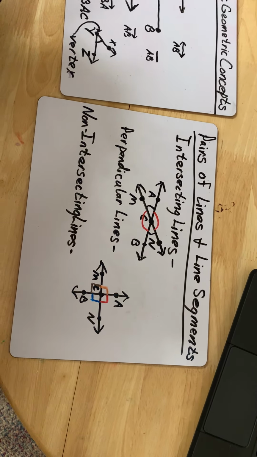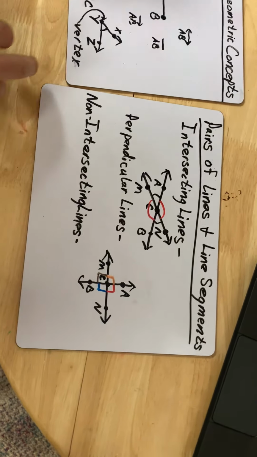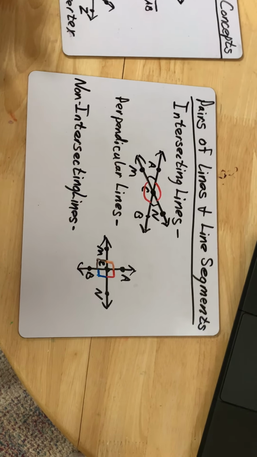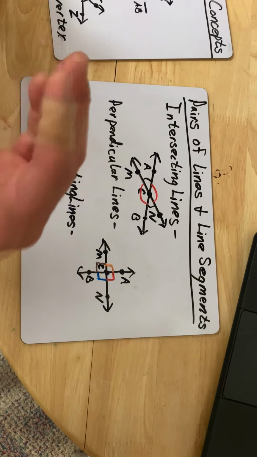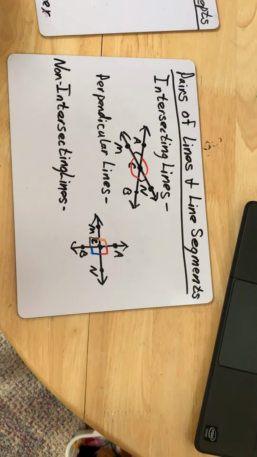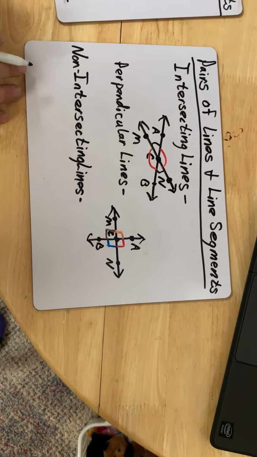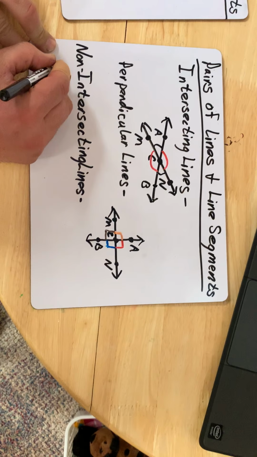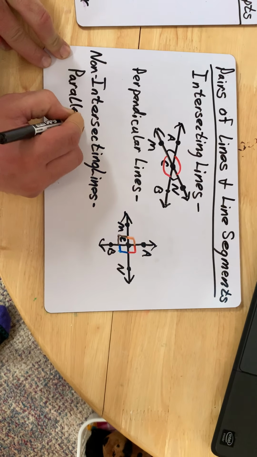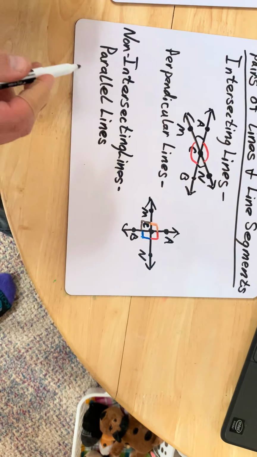Well, the only way for 2 lines to not have an intersection point when they're in the same plane or on the same flat surface, on the same 2-dimensional flat surface, okay? Because if you go to 3 dimensions, it's different. Then you're talking about in space. But on a flat surface, the only way for 2 lines or a pair of lines or line segments for that matter to be non-intersecting is to be what we call, obviously, parallel. And I know you've heard this word before, parallel lines. Parallel lines or parallel line segments, okay,